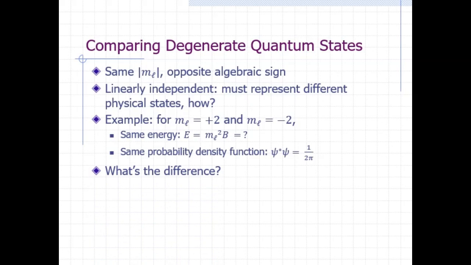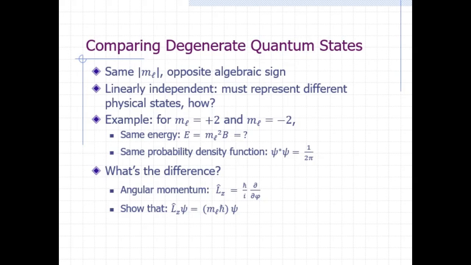Recall that, classically, the angular momentum vector for a particle confined to a circle on the xy plane is pointing either in the positive z or the negative z direction. The quantum mechanical operator for the z component of the angular momentum, L sub z hat, can be shown to be h bar over i times the partial derivative with respect to phi. If we apply this operator on psi, we find that psi is an eigenfunction, with eigenvalue equal to m sub l times h bar. In other words, for quantum state with m sub l equal to +2, the z component of the angular momentum is well defined and equal to positive 2 h bar. It's pointing in the positive z direction.